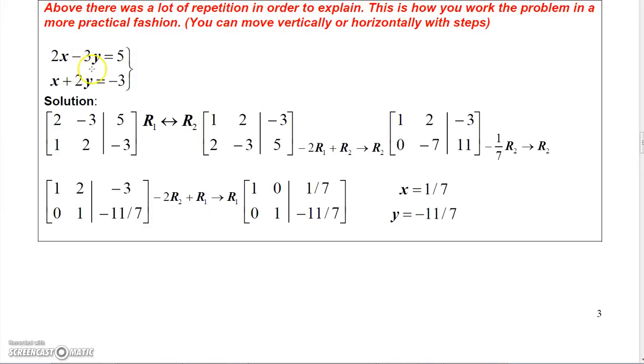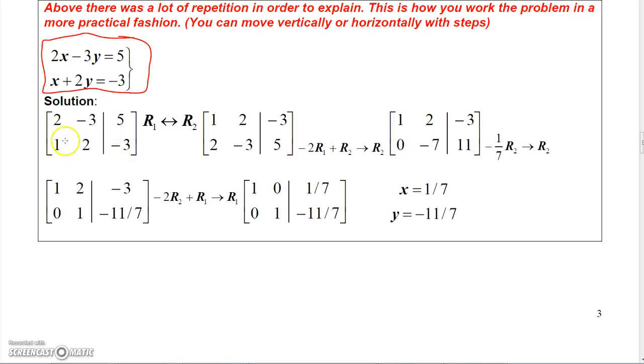Okay, let's pick back up here without all of the repetition. So let's do another one here. Let's say I want to solve 2x minus 3y equals 5 and x plus 2y equals negative 3. So the augmented matrix would be 2, negative 3, 5 for the first row, 1, 2, negative 3 for the